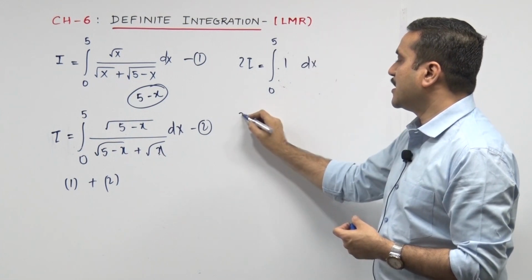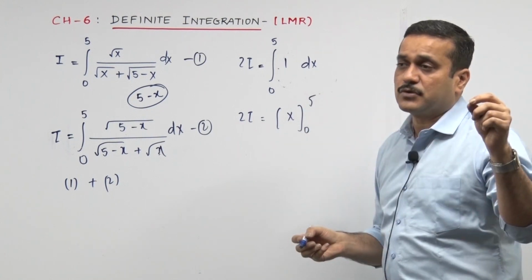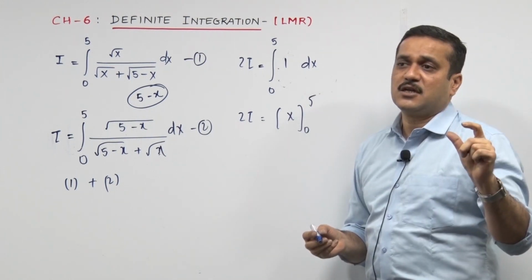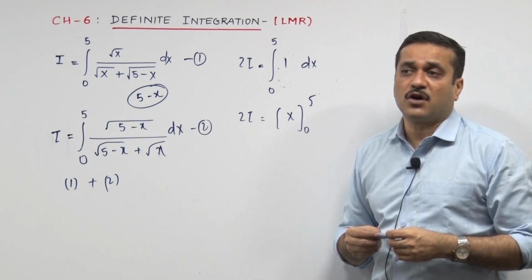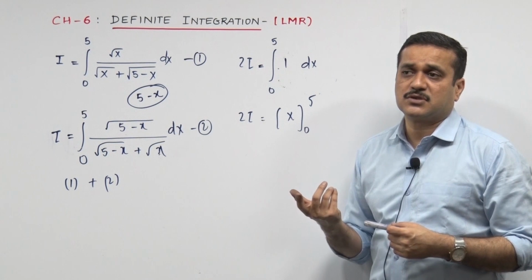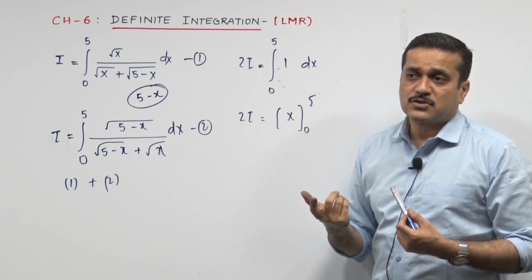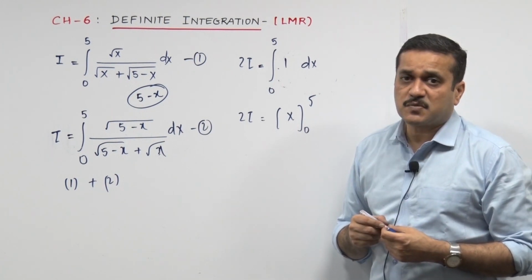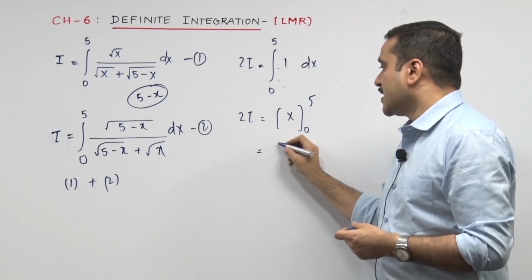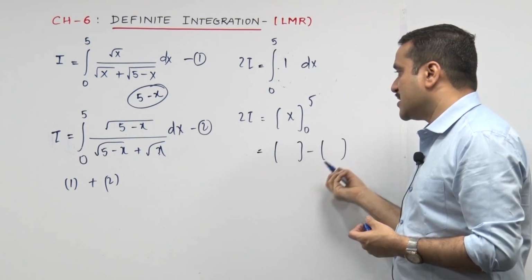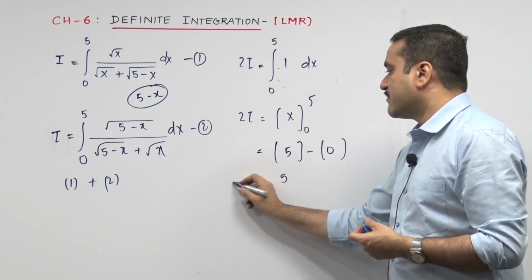Check. The integration of 1 goes x, and that you are taking it from 0 to 5. I did say it's a magical solution. In the initial stage you are not capable of even solving the sum or even starting the solution. In the end, you turned up by applying the property, just integrating 1. So the property needs to be given the due respect by you mentioning not the property number, the full property. Coming back, it's going to be upper limit minus lower limit. It's an easy thing. 5 going in the upper limit, 0 going in the lower limit, and then the answer is 5. That's 2I.